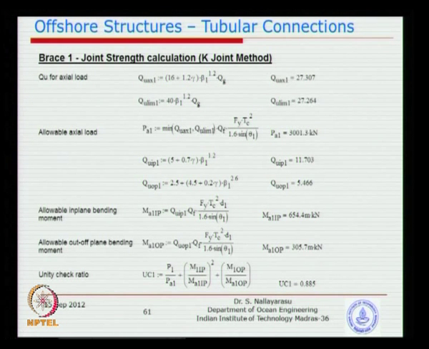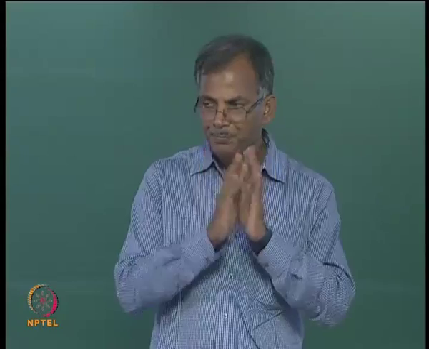If you solve, I have just taken brace number 1, which is on the left side. I solved for the QU value and then substituted into the PA allowable. I am putting a subscript, PA1, PA2, so you do not get confused. You also calculate the allowable moment capacity in plane and out of plane, and substitute into your interaction equations. Ultimately you get 88% utilization, quite safe, isn't it? All the formulas are available, so it is not a big trouble, just substitution of numbers.